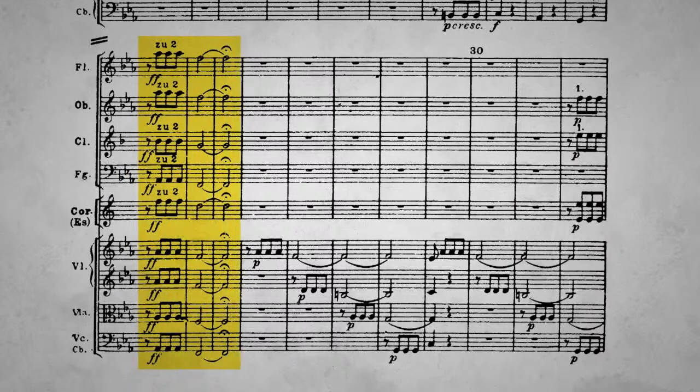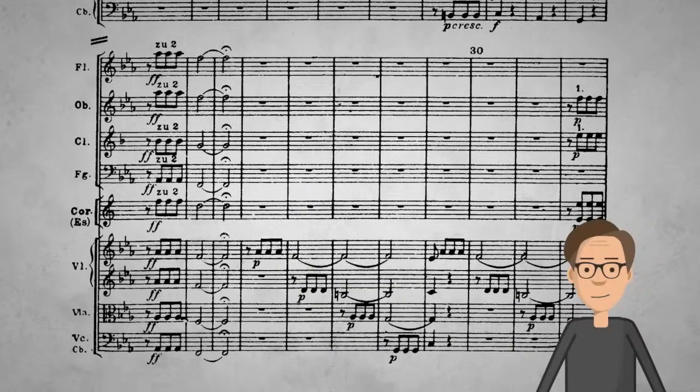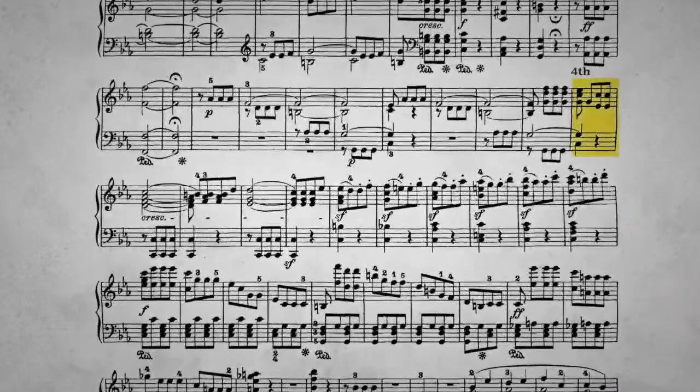But now the mysterious murmuring continues from top to bottom of the string section. The first violins, second violins, violas, cello and bass. This outlines this chord, a G dominant seventh chord, with the flatted note on top. We saw a lot of this in the Fourth Symphony. This passage takes the concept of symphonic writing to a whole new level as the music continues to evolve into a major symphonic exposition. Now the interval is a fourth.